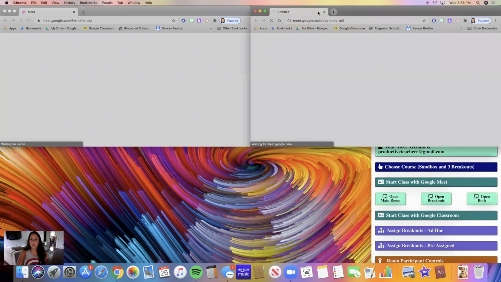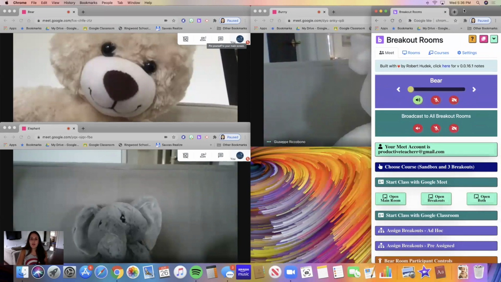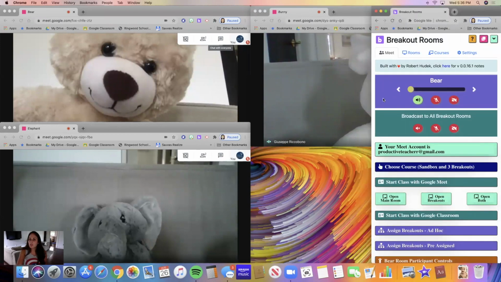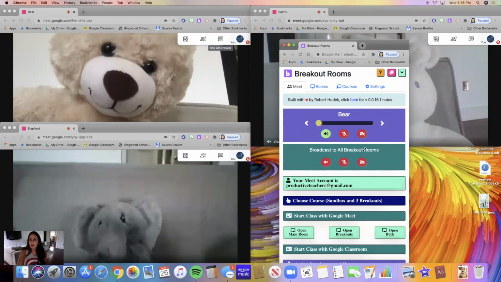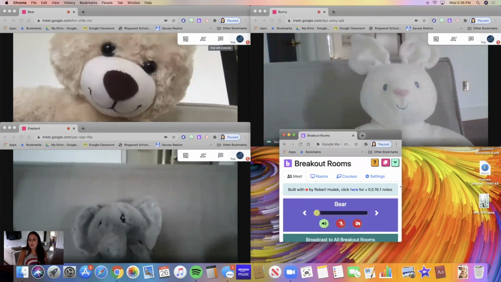And you'll start seeing all the tabs popping up. Now you see all of our students are in their breakout rooms. So now what I'm going to do is I'm just going to minimize or make my breakout tab a little bit smaller, just so that we can see it while I'm seeing all of my students all at once